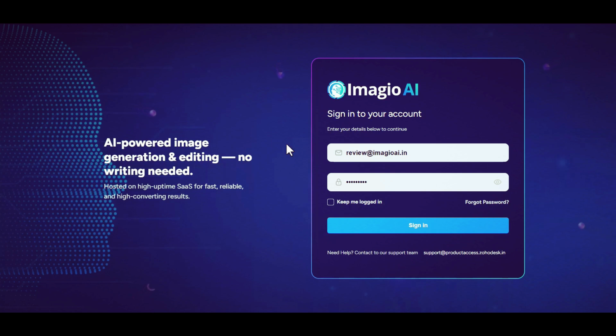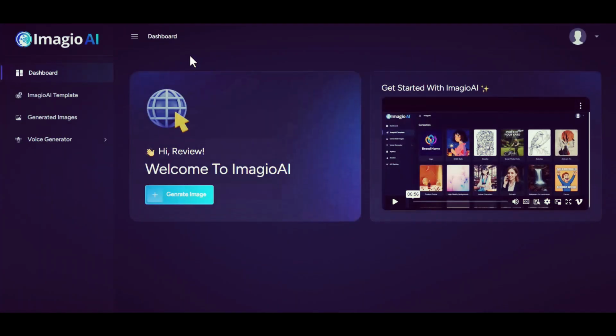You will have all the data stored on your servers and you don't have to create any VPN to host them. You just have to use Imagio AI to generate any image. Once you get to this screen, you just have to click on sign in. Awesome. So I'm now inside Imagio AI, and once you hit the dashboard, you will see this training video